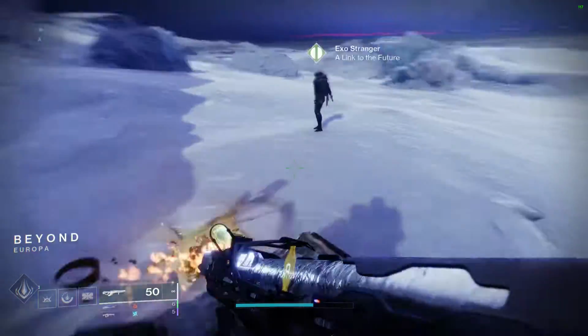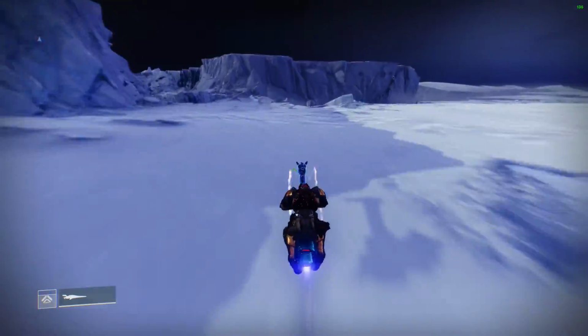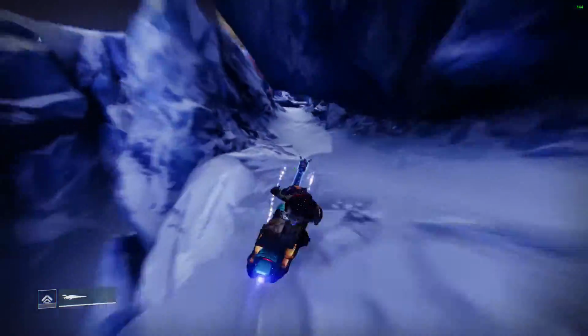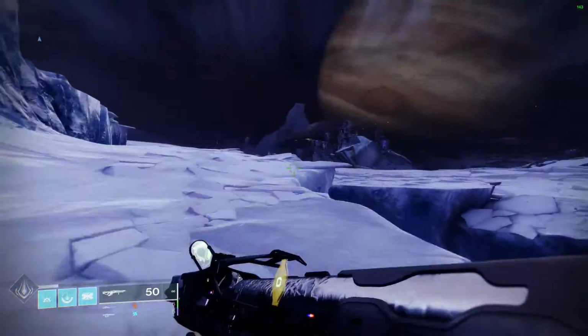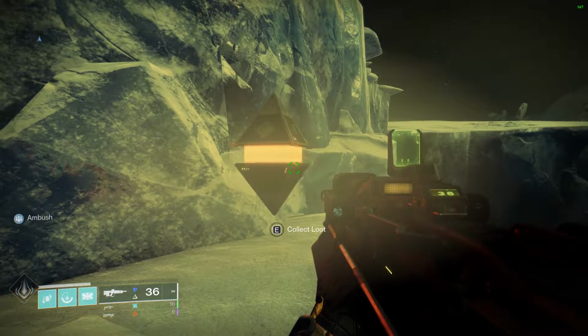So you need to hop on the Sparrow and then retrace your steps back to the very beginning of this zone. You want to pass the dome and work your way up the path until you reach the very top and you cannot go any further. This is the area where you first dropped into the Beyond Light campaign like quite a while ago, and as you can see at the very top of the landing area, you'll find the next Warmind node for Europa, node